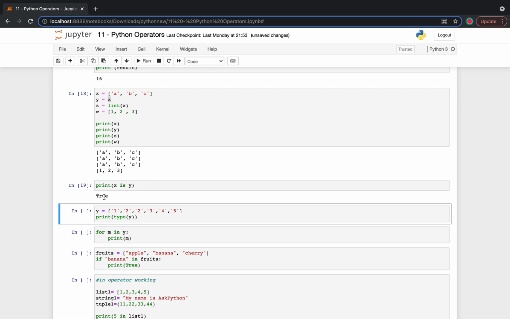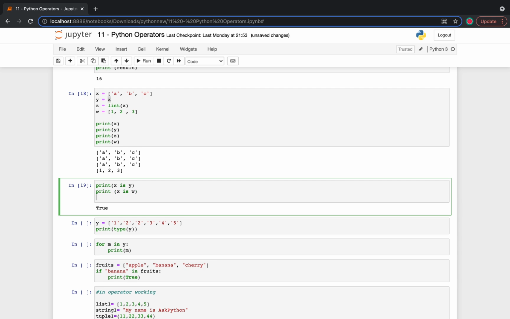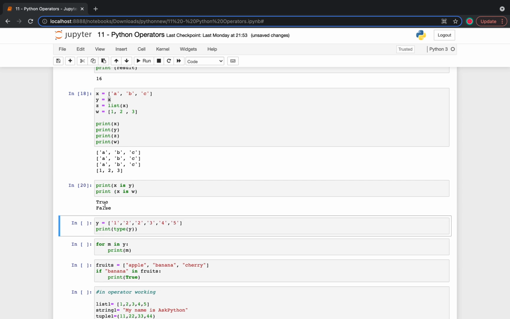So it returns true, yeah. Okay, then we try to print x is w, so it should return false. Yes, it returned false